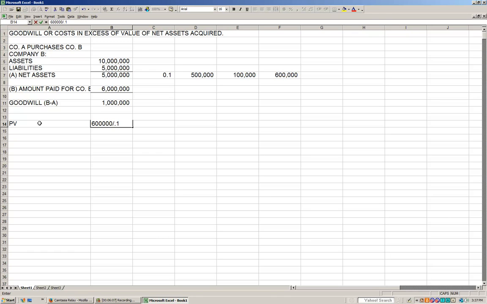That's the way to determine a present value for a stream of cash flows that lasts forever. So 600,000 divided by 10% is equal to, obviously in this case, $6 million. Okay, so that's the present value. That's what we were willing to pay. So if we pay that, we get exactly a 10% return, assuming that it earns exactly